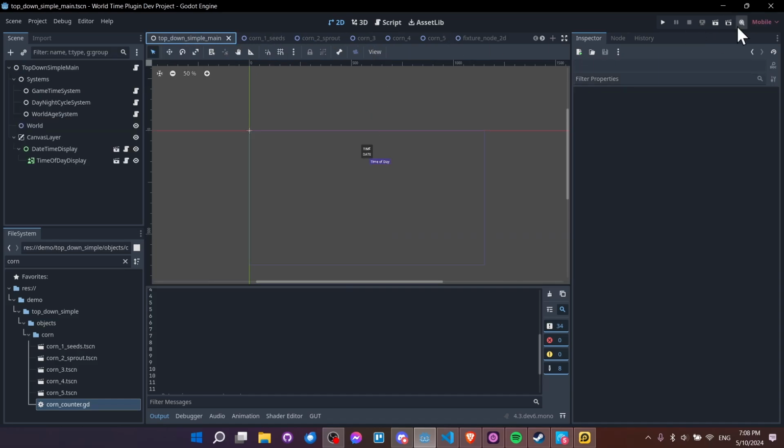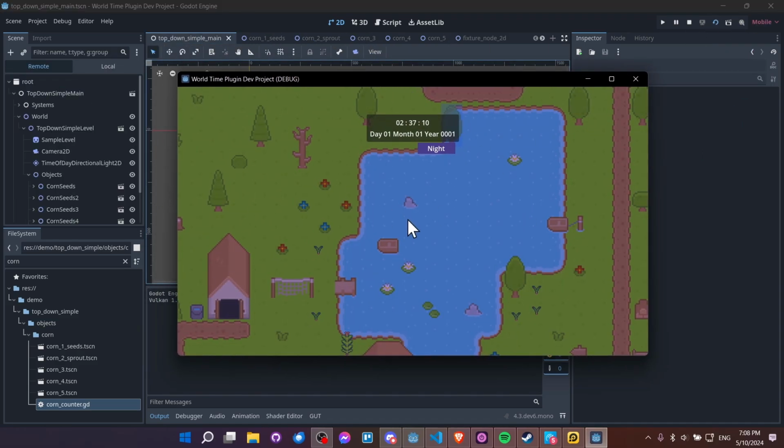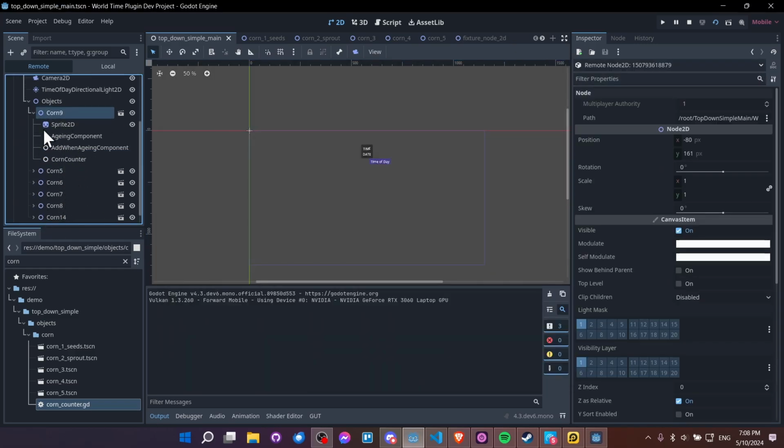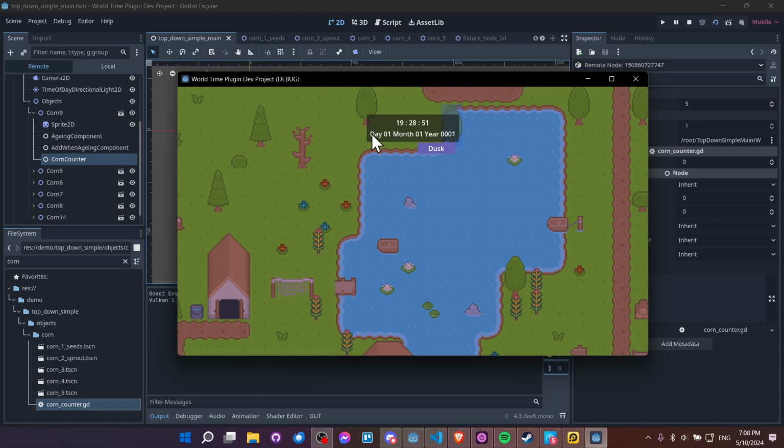If we go ahead and run our main scene, of course, the corn counter only exists when we get to the final version of the corn. So if I was to click on one of these, you would be able to see, if I paused it, that there was no corn counter. But now if I click on one of the corn counters, we can see that as 2 hours pass to